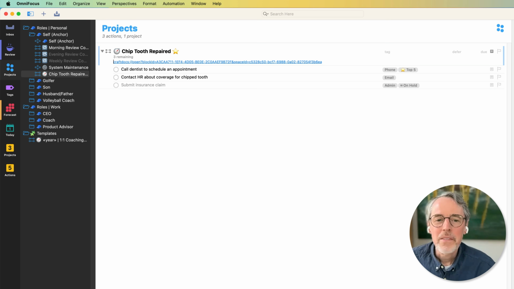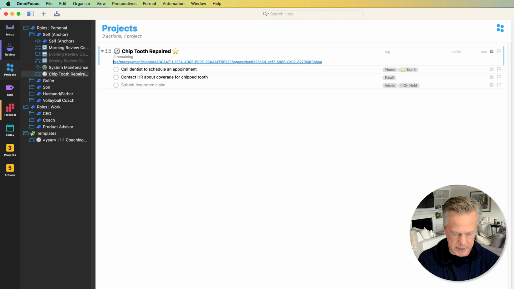Yeah. And one of the things that I recommend for the people that I coach within the Doing to Done methodology is to have a very distinct action system. So OmniFocus, when you look at the icon and you see it on your computer or on your phone, what I want the brain to think is, here is where I'll see my roles, my projects, and my actions. That's all I'll see here. And then what Tim is doing with that link is now he's over into the second kind of system that we need to set up, which is a storage and retrieval system. And in the Doing to Done method, I recommend 3 large buckets.